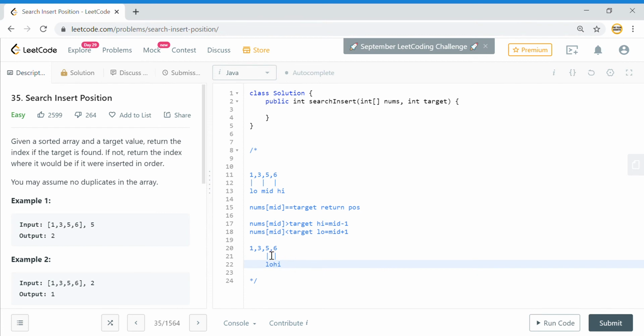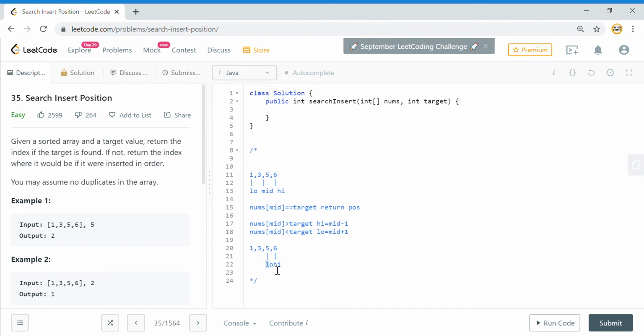Next, the mid will be this element itself, and the value at mid will be greater than my target. So I will reduce my high, and my high will again come to this particular point. High and low will overlap in this condition and I will come out of my loop, because I loop while low is less than or equal to high.